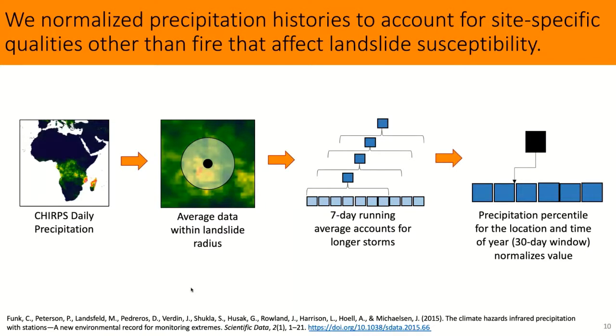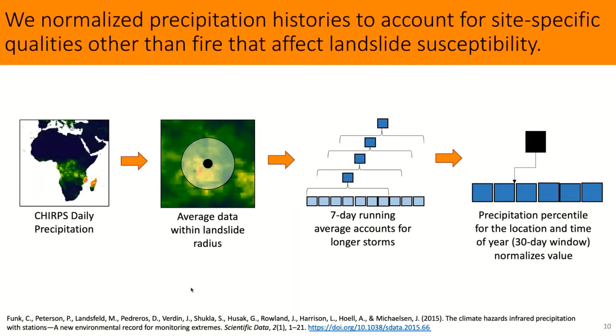And the precipitation is a similar process, but we did a couple of other things in order to try to account for some of the things that we observed happening with just the raw precipitation data. We'll start off with the CHIRPS daily precipitation data set, and then again average the data within the landslide radius,